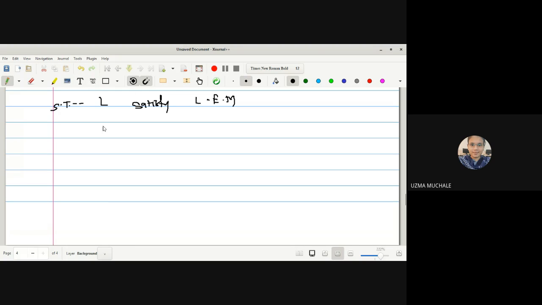So how to prove this? We have to start with first, here, let me write down the equation: d by dt of dou L by dou Qj dot minus dou L by dou Qj is equal to 0. Okay. Now we have the given equations. With the help of the equation, I have to find out the value of dou L by dou Qj as well as the value of d by dt of dou L by dou Qj dot, and then we have to prove the result.